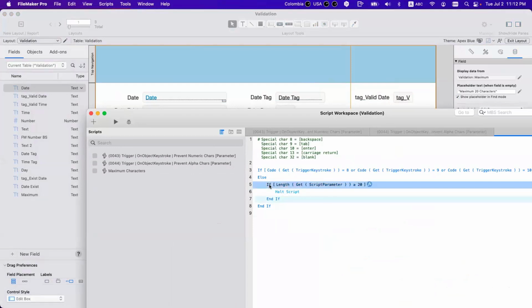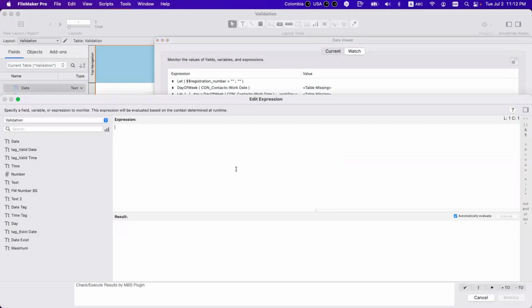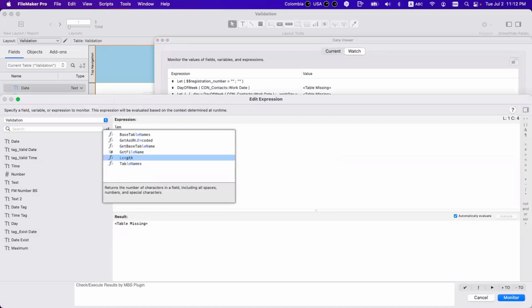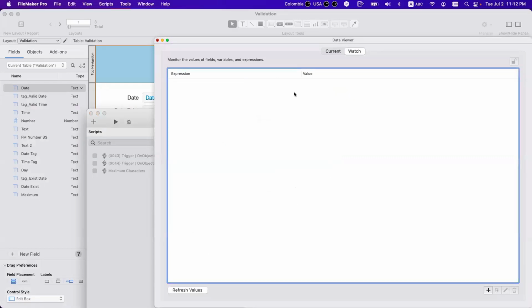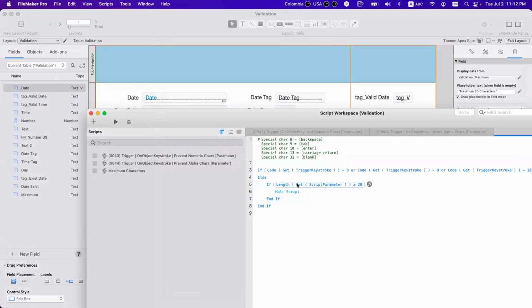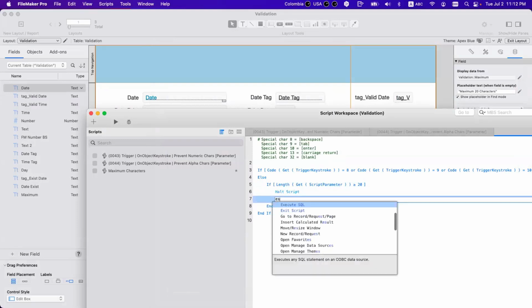So you say if the length, you know length, right? Length is how many characters you have in a text. Okay, 4: 1, 2, 3, 4. So if the length of the parameter is greater than or equal to 20, halt script, not exit.